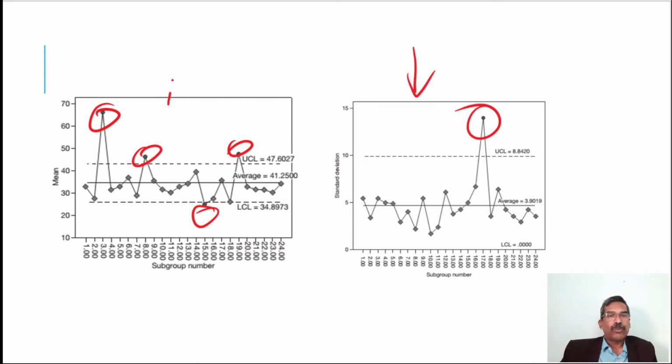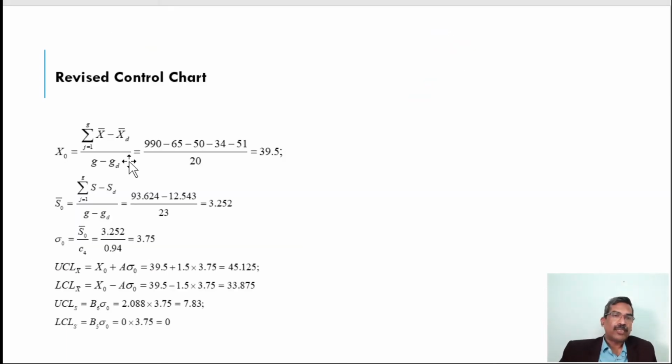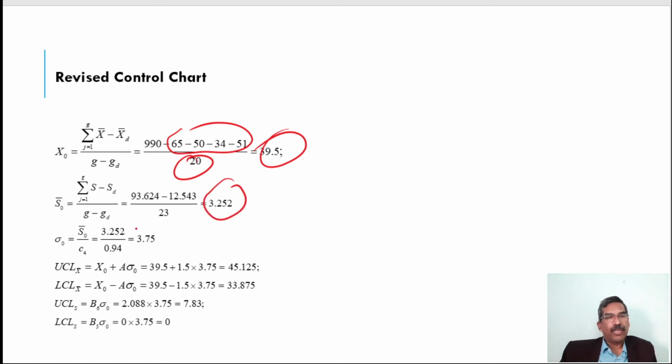So these 4 will be discarded to find the x bar new and x double bar new, and this one will be discarded to calculate the value of s bar new. Only one will be discarded here, and 4 will be discarded here. So how to find this revised? You can see that these 4 are discarded, and the subgroup size is 20, and this is the revised x double bar new, this is the revised s bar new, and this is sigma 0, s bar new